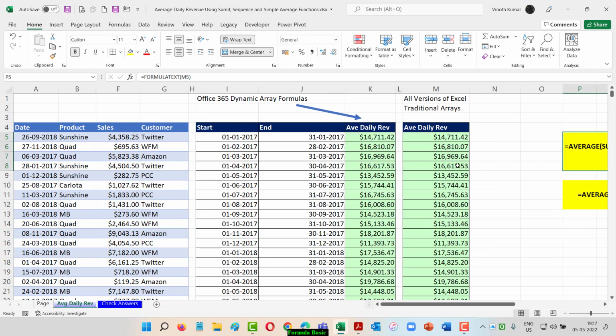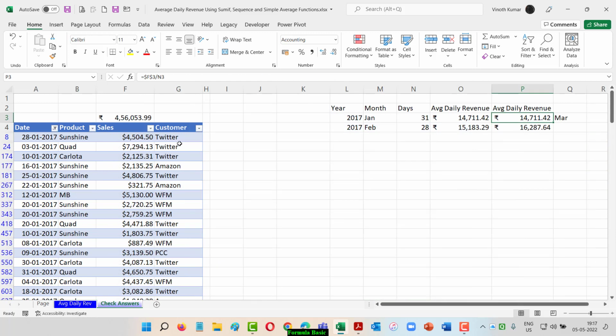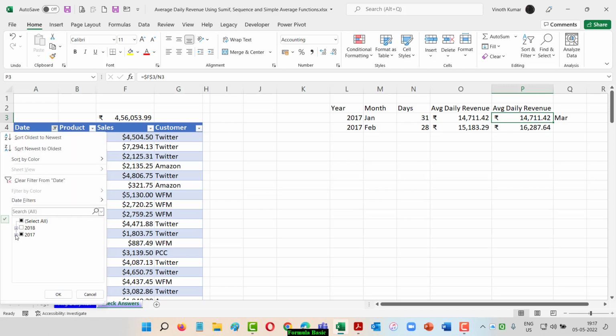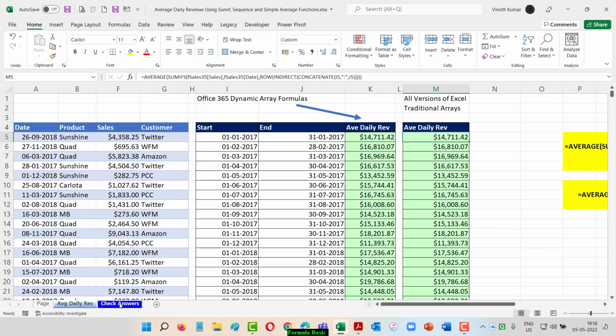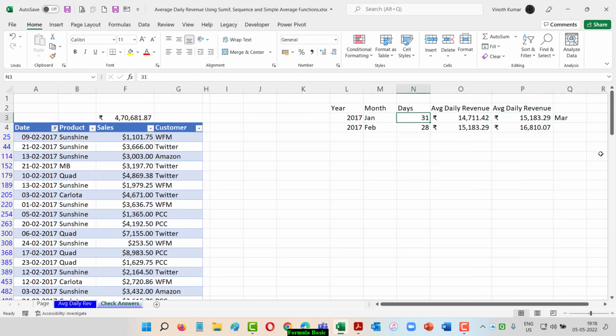That same answer I got in both the formulas. Same happened for 16,810 and 16,968. If I change this to the next month instead of January, when I make it February, and I give an OK, then you can see that it's 15,183. You can see the logic that I have in here. Again, the date should change here, so I'm going to just say 28 days here. Then it's going to give you the